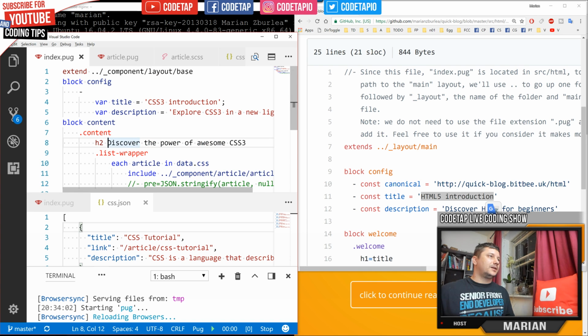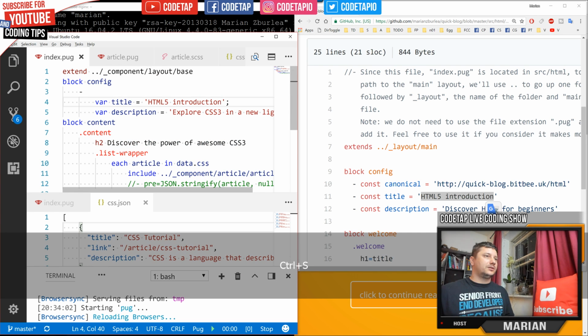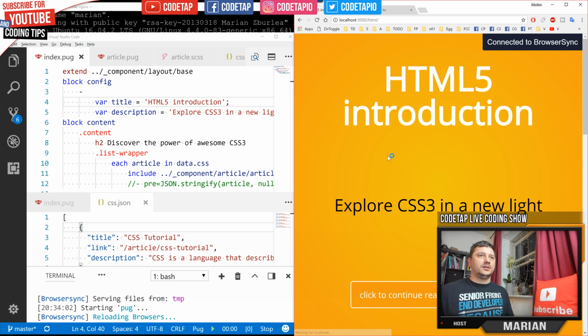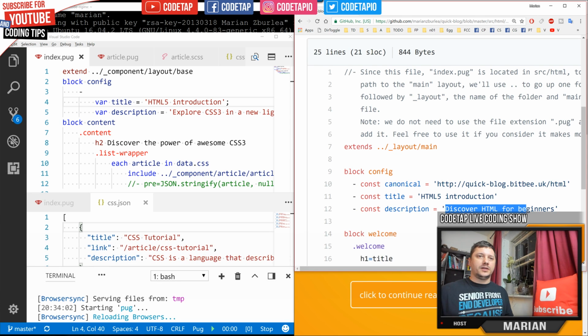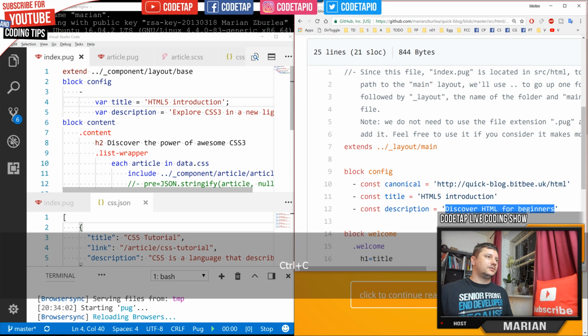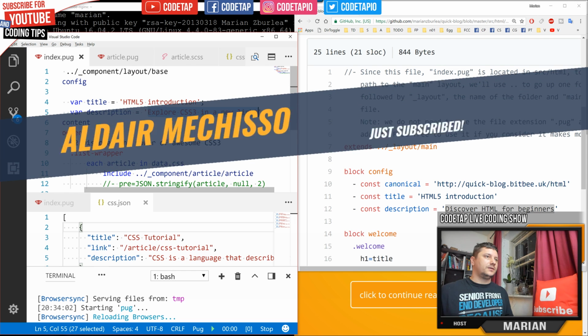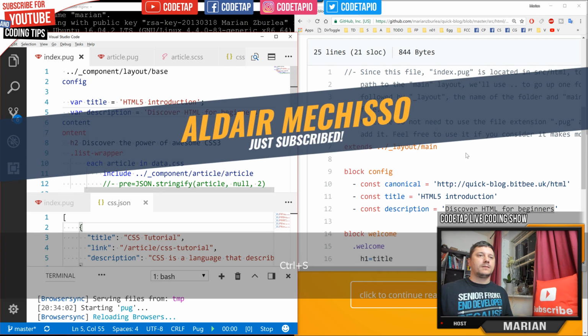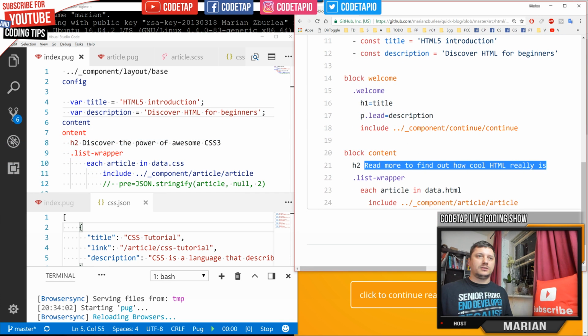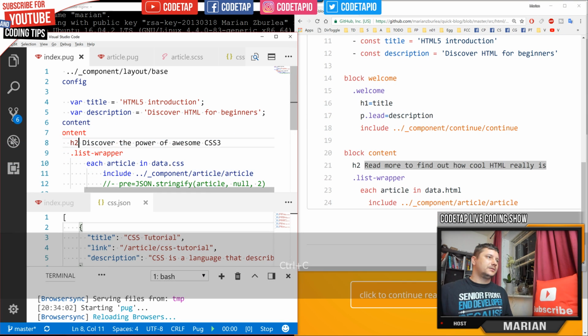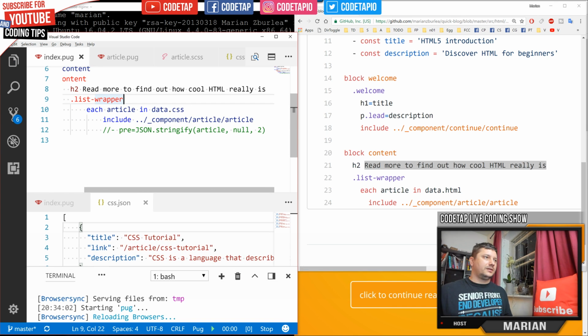So CSS introduction, we want to change it to HTML introduction, and let's see if it did. Yeah, now it's HTML introduction. Discover HTML for beginners. This is in here. Okay, and then we got read more to find blah blah blah, like that. And basically the rest of it should be the same. We no longer need this comment,